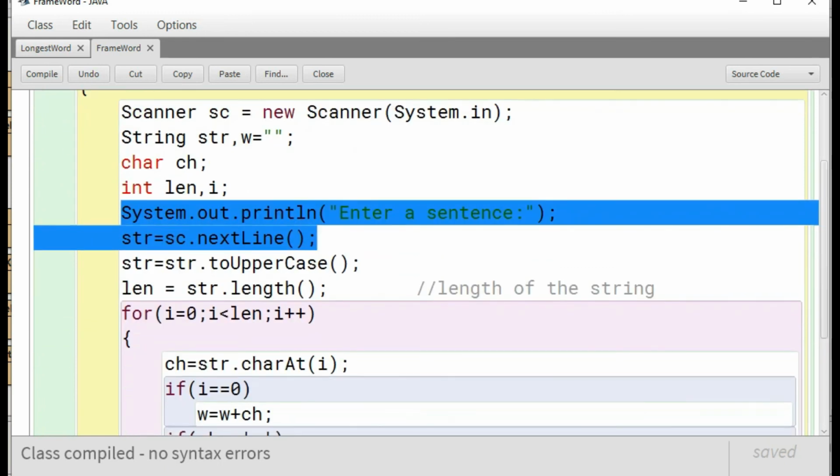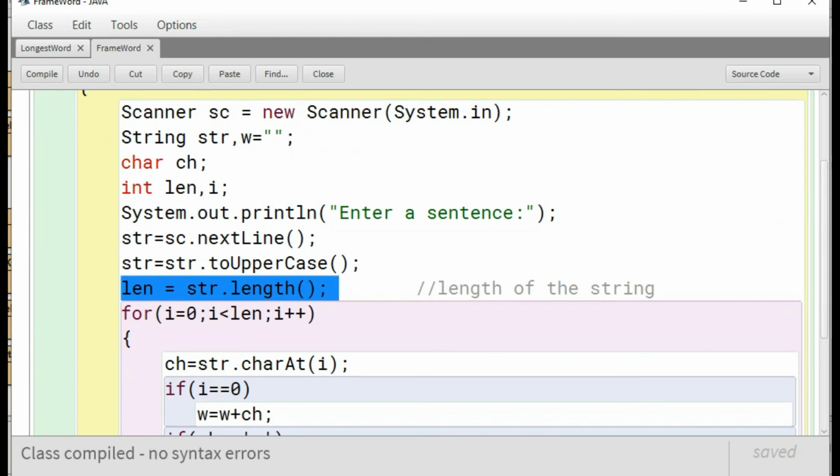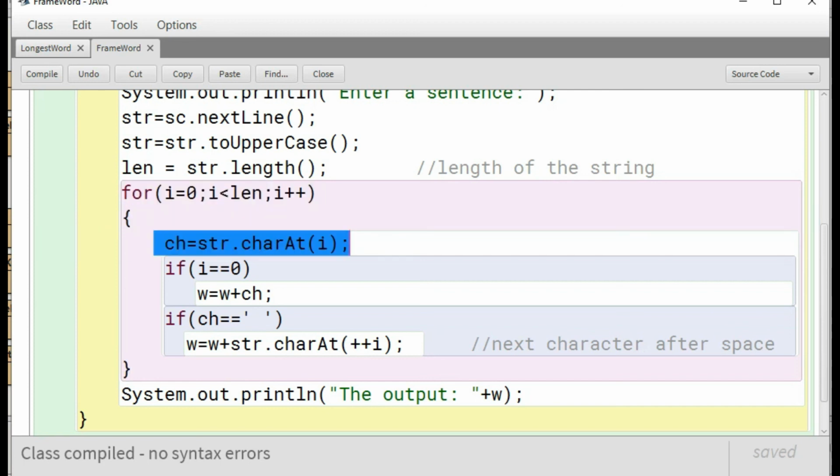Here we are accepting the sentence in the string str. After accepting the sentence, we are making all characters of str uppercase and finding the length of the string, which will be stored in the variable len. Now we are executing a for loop from i equals 0 to i less than length, and the logic is that we are extracting the characters of the string str. For the first case we have to extract the first character of the sentence.